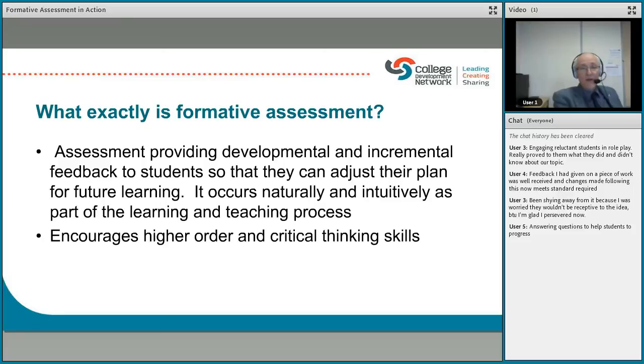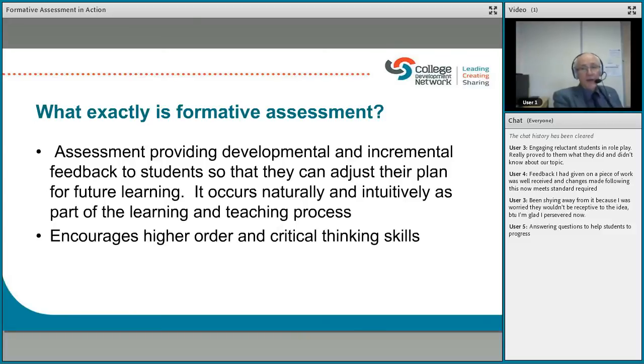It's not about having to do anything in addition. It's not extra work. It really does just happen as we are engaging, clarifying, elaborating, answering questions of our students. And I think the big thing for me is formative assessment as part of our questioning techniques really does encourage that higher order and critical thinking